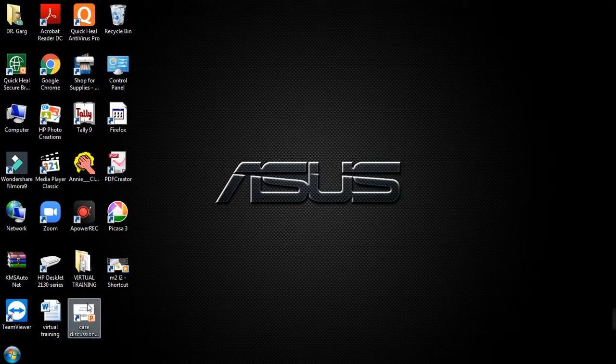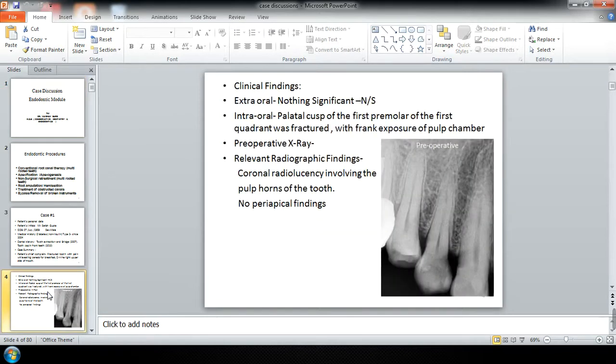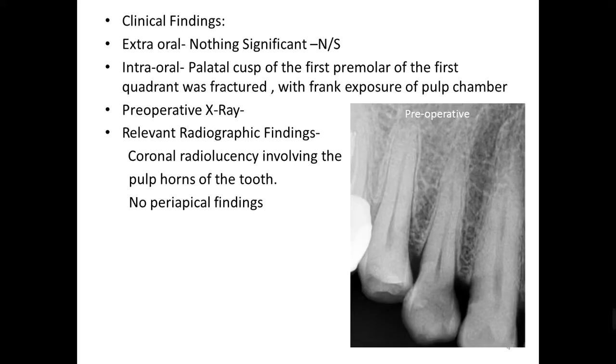After this, I would like to discuss certain cases with you. They are for the endodontic module. I understand that access opening is over now. We all know why to do a root canal, how the anterior and posterior teeth are different, and what extra canals we are looking for. But understanding certain cases and the surprises that mother nature throws at us will be good for all of us. So I'm not giving you all the history, but I can showcase certain cases.